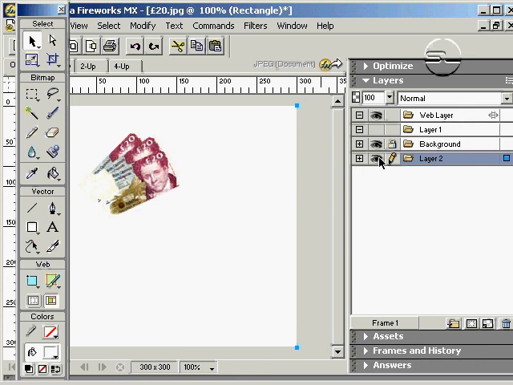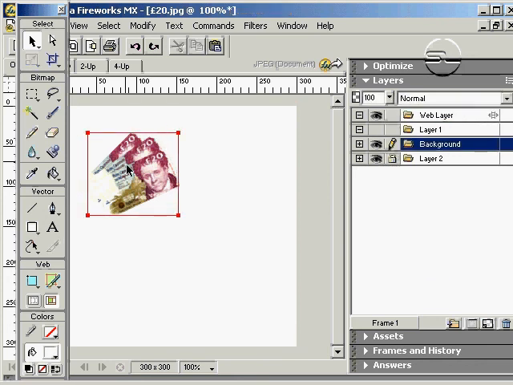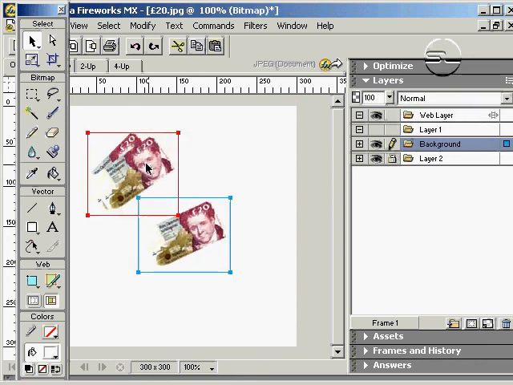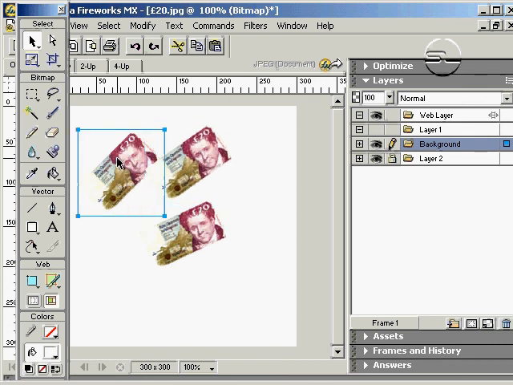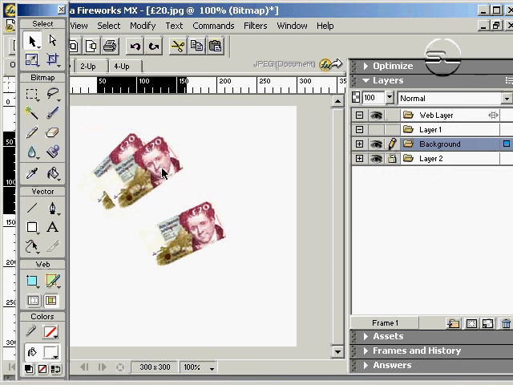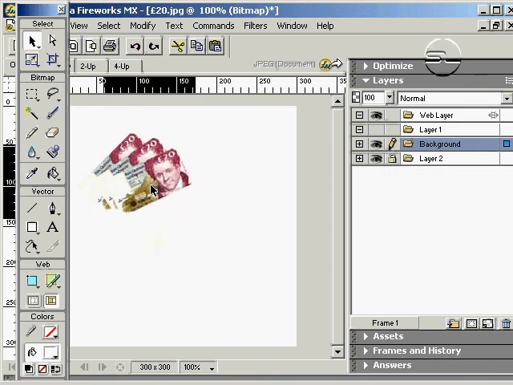And now we can minimize that layer and lock it, and we can come back up here into our £20 notes like so. Now what we might want to do is we might want to add some sort of effect to the £20 notes, say like a drop shadow